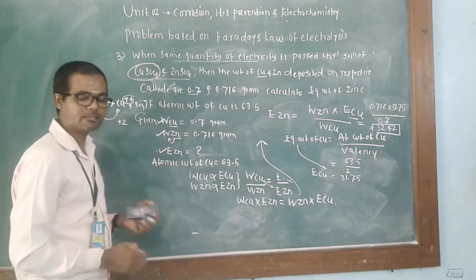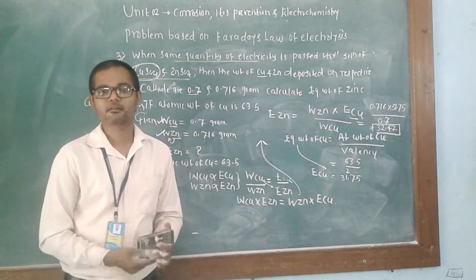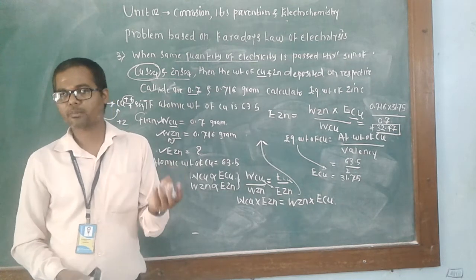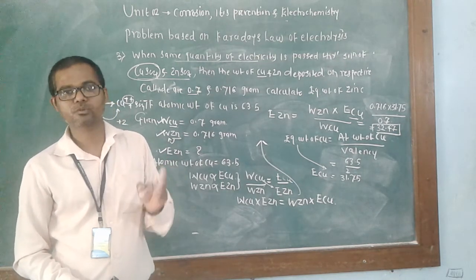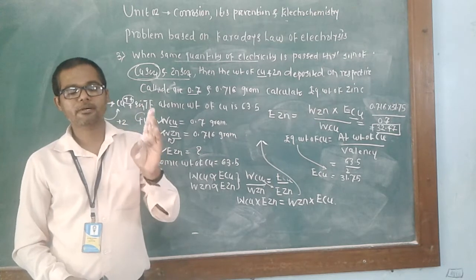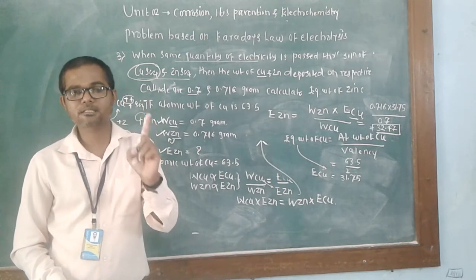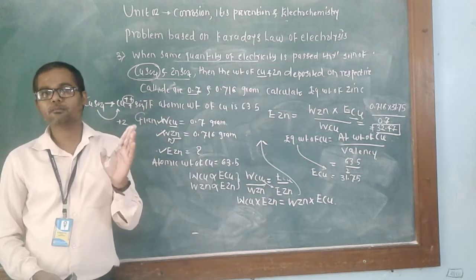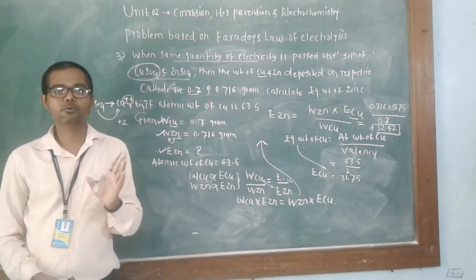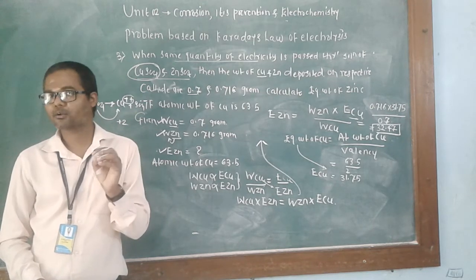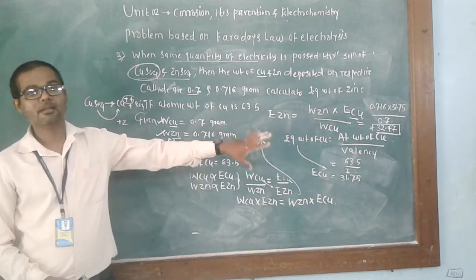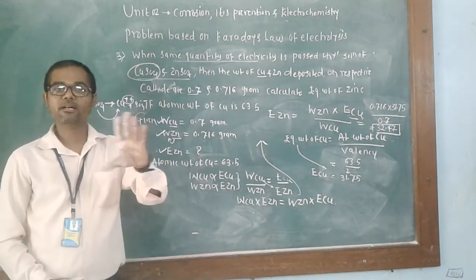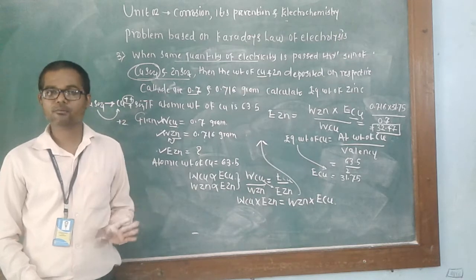So in this way we can calculate the electrochemical equivalent and the chemical equivalent based on Faraday's first law and Faraday's second law. You need to remember the four formulas. Faraday's first law, that is W is equal to ZCT. Then Faraday's second law, that is W1 upon W2 is equal to E1 upon E2. Then the relation between the chemical equivalent and the electrochemical equivalent. And equivalent weight is calculated, when atomic weight is given, by the formula atomic weight divided by the valency. You can calculate the equivalent weight.